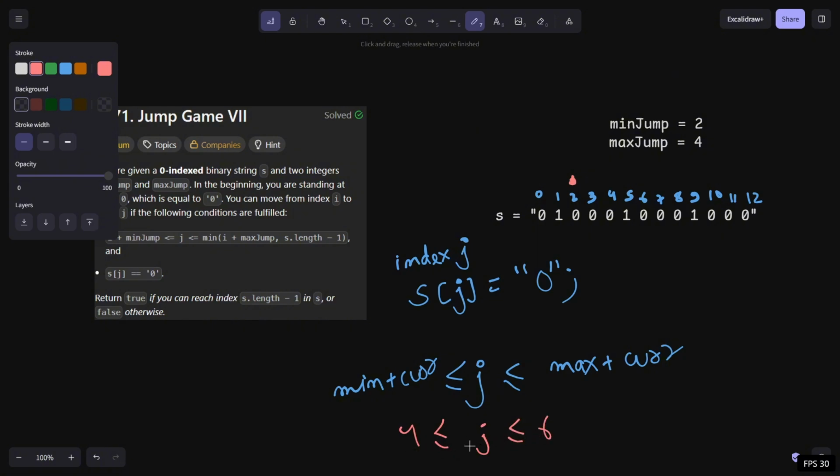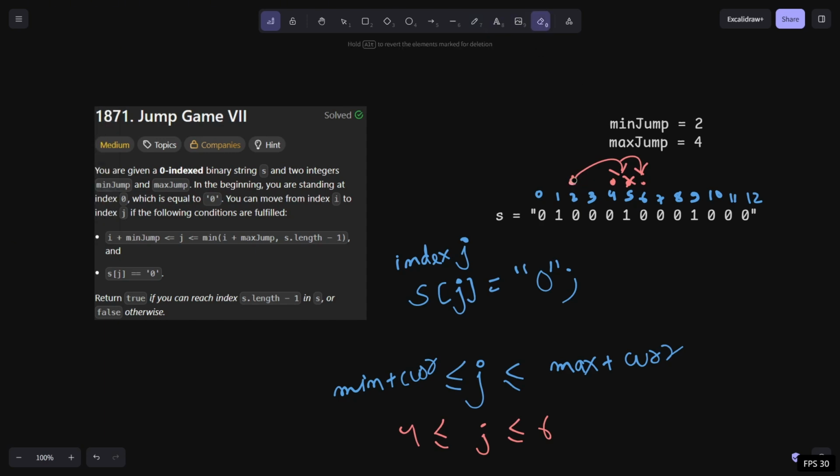So we can jump to anything between 4 and 6, that is 4, 5, 6. Another constraint is that it should be 0 only, and 5 isn't 0, so we can't jump to 5; we can only go to 4 and 6. And we have to return whether, by following these constraints, we can reach the last index or not.